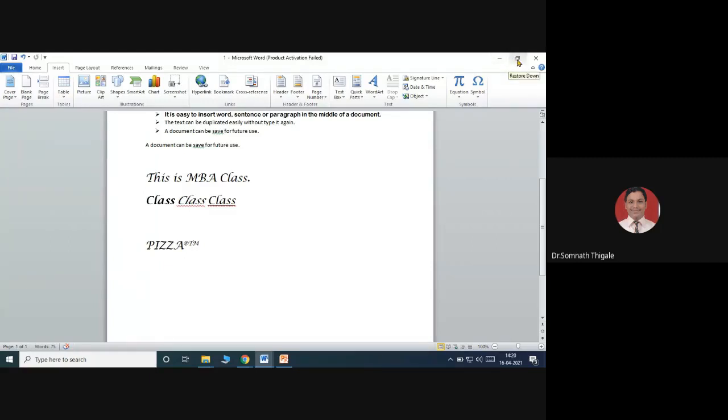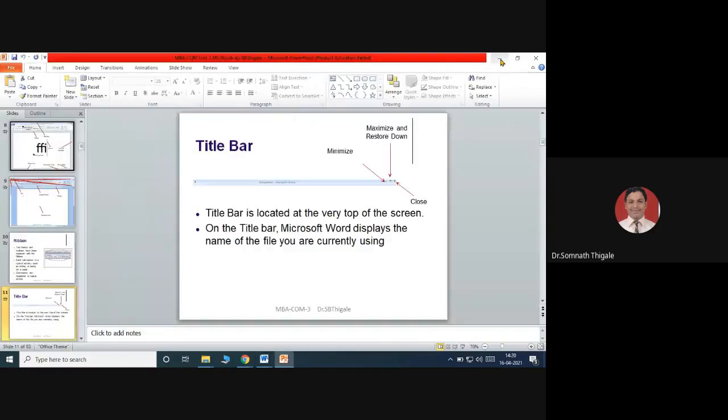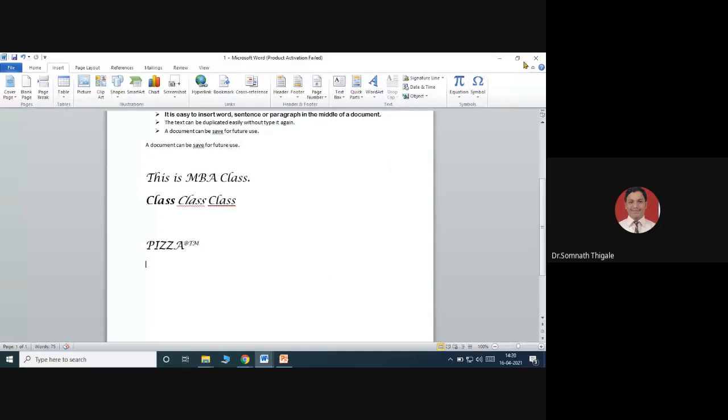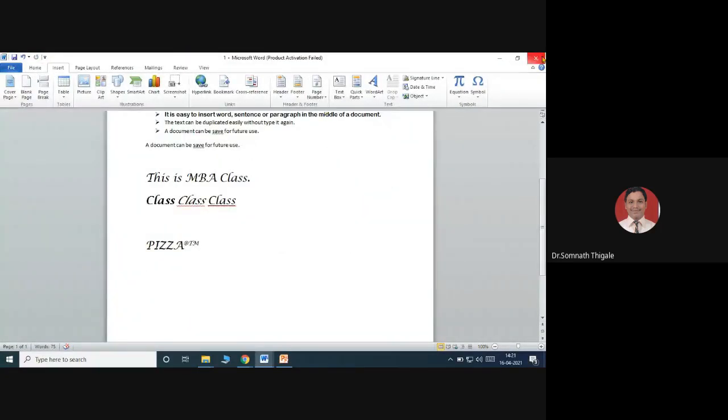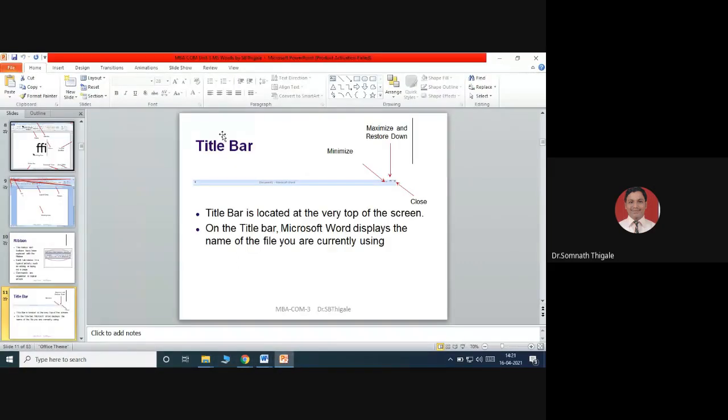This is restore down, and this one is close. If I click minimize, the document will be minimized. If you want to open it again, bring the cursor back to the restore down option. This is full, this one is the small part, and if you want to close this, you can select this close option. So I'm talking about the title bar options available over there.